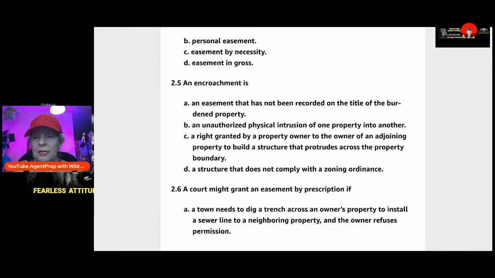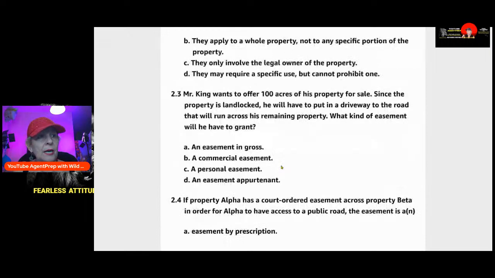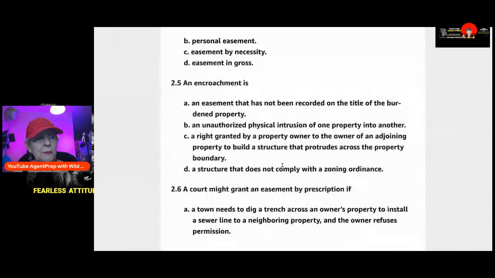Yes, I noticed Liz answer. So she must be having a delay with her internet. I noticed that. So Lisbeth, your answer for number 4 is actually C, easement by necessity. Okay, you said easement by prescription. No, easement by necessity. And on number 5, it is, okay, when you're encroaching on somebody's space, you're abusing their